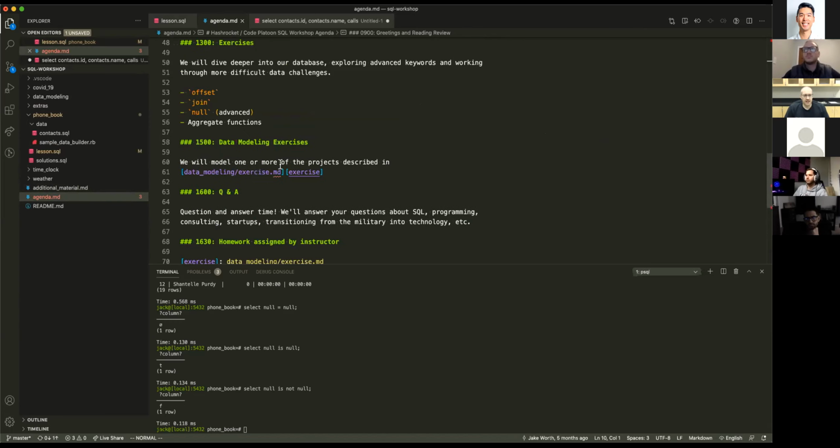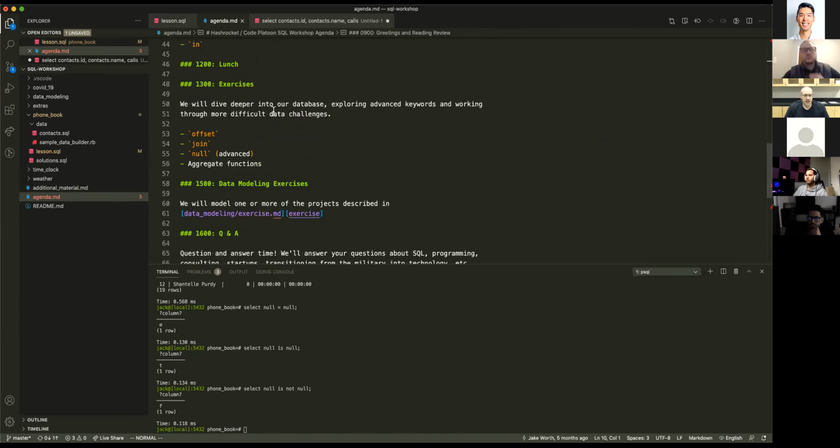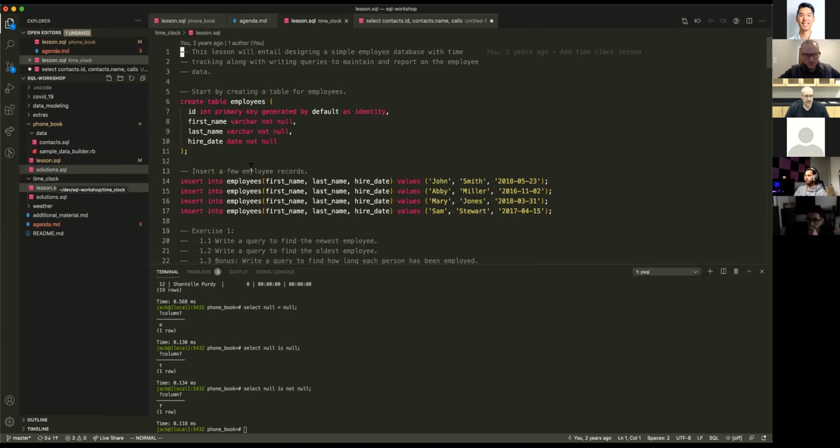So if we look at our agenda here, we're planning on doing data modeling at 3. We're going to take another break again around 2. Before that, we are going to move to this time clock lesson. We actually have more lessons than we have time for today. We're going to basically do about half of this one and then a new lesson that we just added in the last few days. But we're going to move over here to time clock, and this will give us a little bit